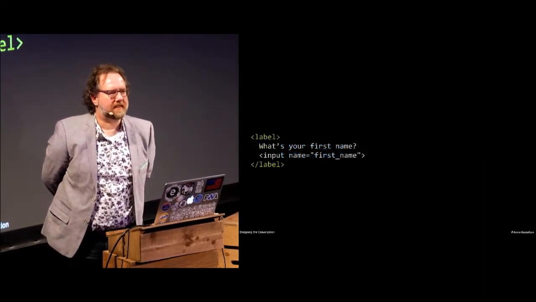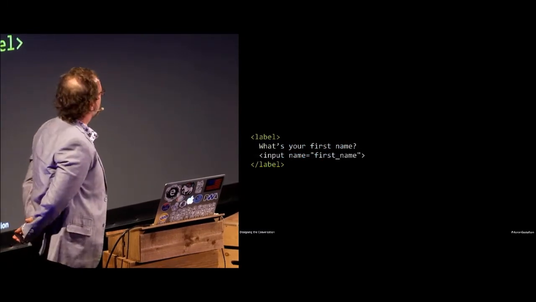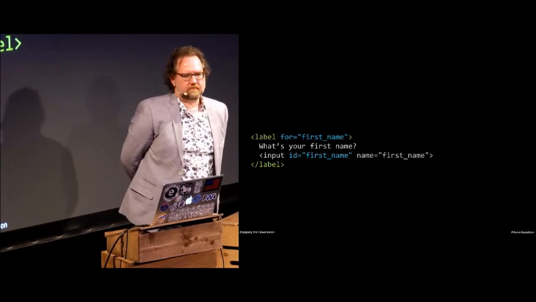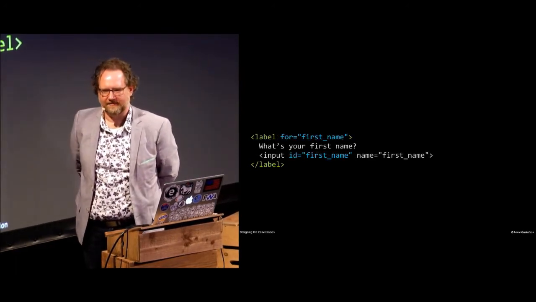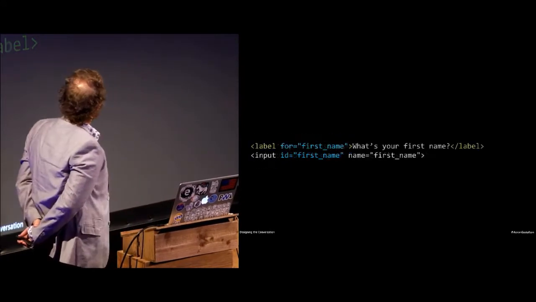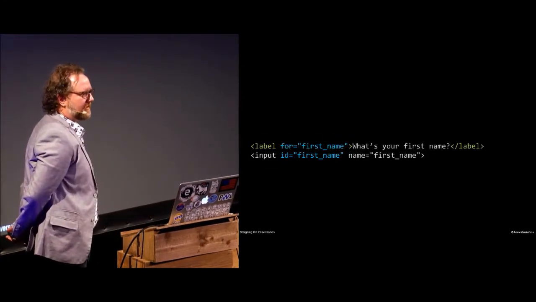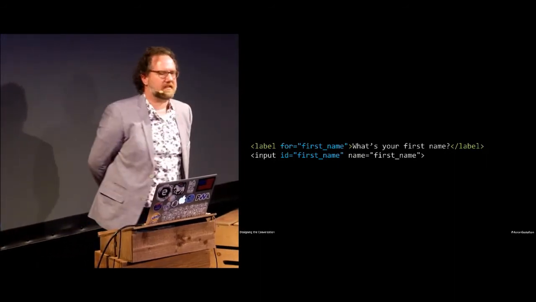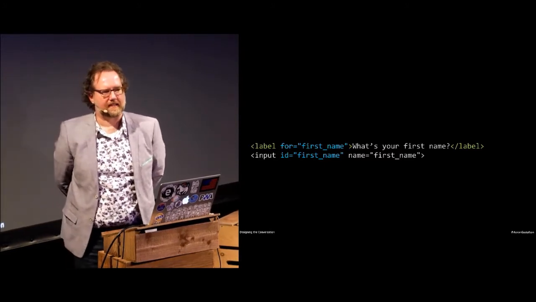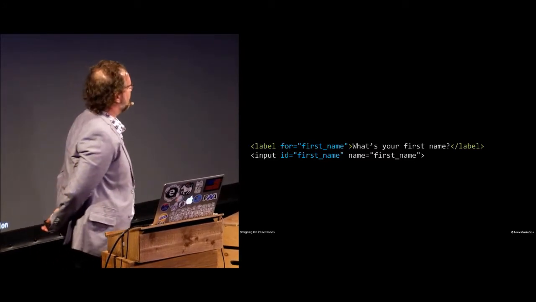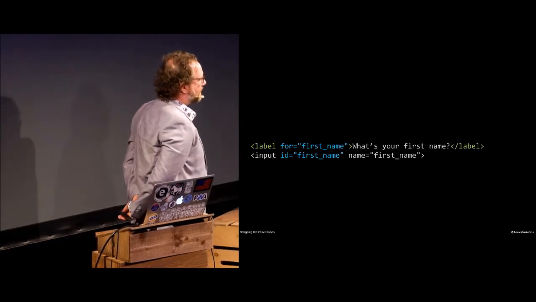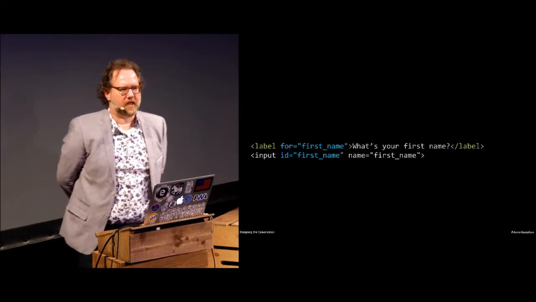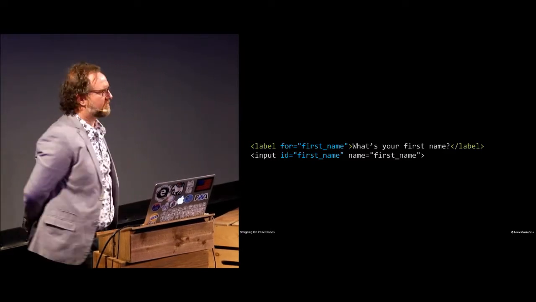We can also use implicit association, wherein the label actually wraps the field and the text. You could even mix them up. Put them together. There's nothing wrong with that. In most cases, this is what you want to reach for. I actually, just to support really old browsers and to be able to style radio controls and checkboxes a little bit differently from your everyday input, I would use the implicit association, so wrapping the label around the field and the text for radio and checkbox controls, but then I would use this approach.